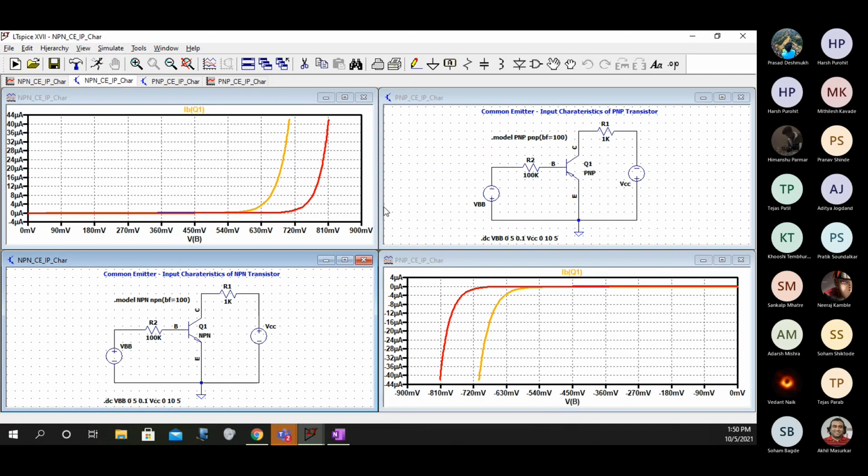Sir, I am getting wrong. Unknown voltage requested B. So now I got the correct output.